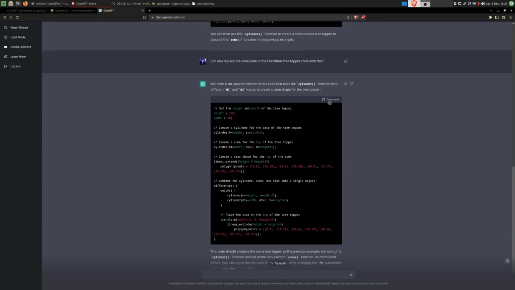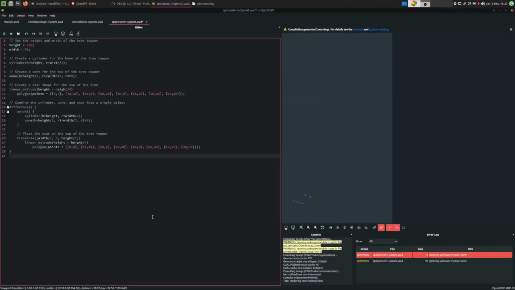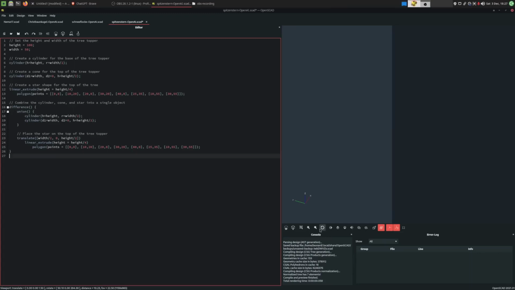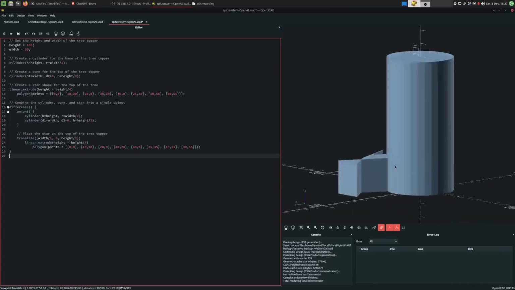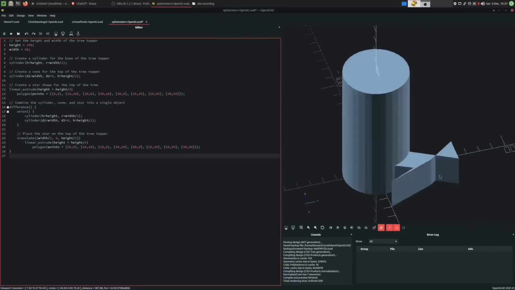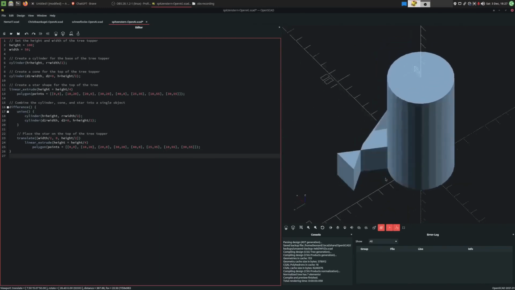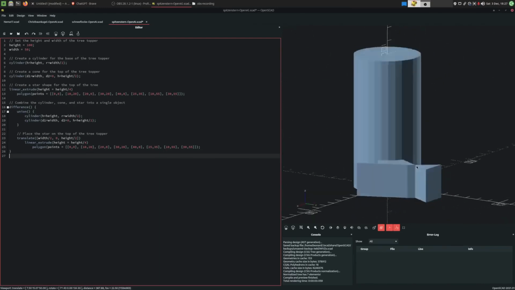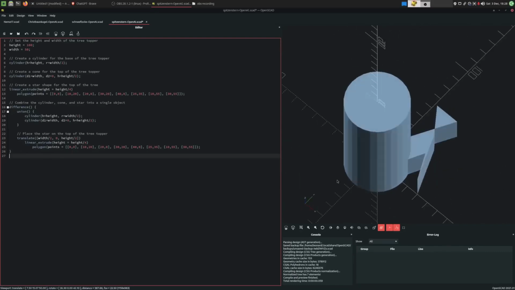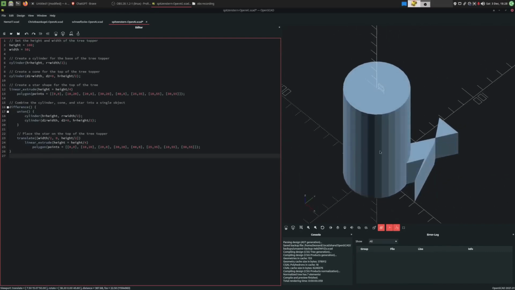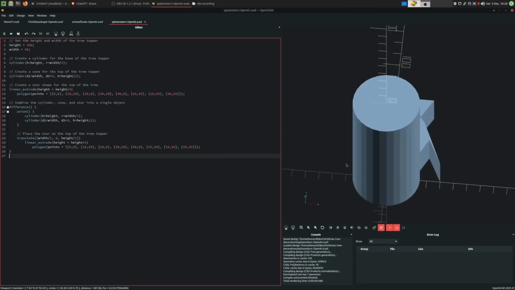It seems like it understood. So what do we get? A quite interesting piece of geometry. I have a hard time believing that this would fit well onto the Christmas tree, I must admit. But it managed to fix the programming error after I told it how it's done. So I'm very impressed, I must admit. Maybe the Christmas tree topper wasn't the best idea. I think I'll wrap up trying to generate decorations